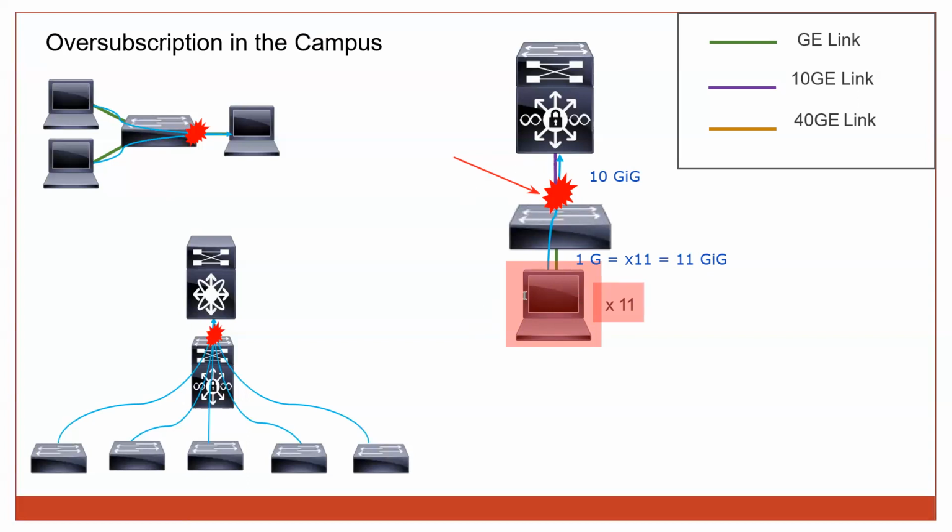Now, this is related to one laptop, a very easy, straightforward diagram. But you can see the other diagram here. In the other diagram, it is showing that you have the access switches connected with the distribution switch. So you have your access switches, and then you have one distribution switch here. You can see the point of failure,